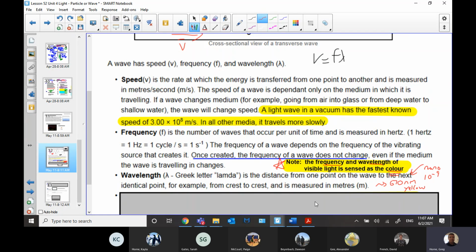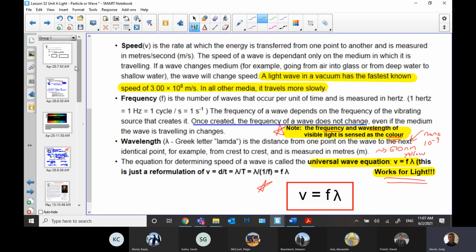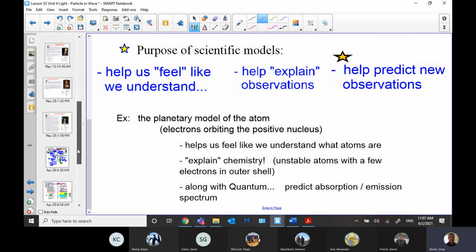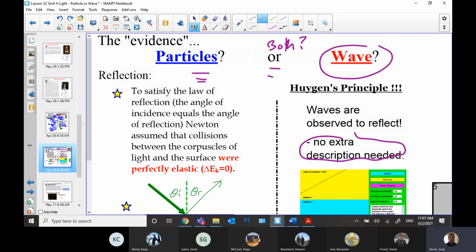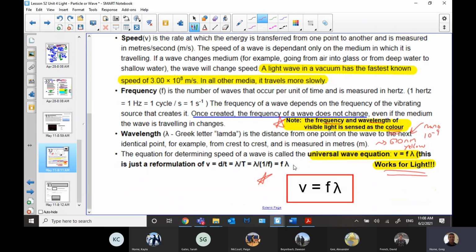But we have wavelengths of light, just like we have wavelengths of waves, and we do our calculations and so on. And so this equation, v equals f lambda, works for light. So maybe just put a star, put v equals f lambda calculations, full on, we do them for light. Now, again, think back to the idea that we're saying, with these models, if we're using these equations to model light's behavior, it doesn't necessarily mean light is fundamentally a wave or a particle. But we certainly know this wave model is working to the point where we can even have the universal wave equation in calculations to do with light.